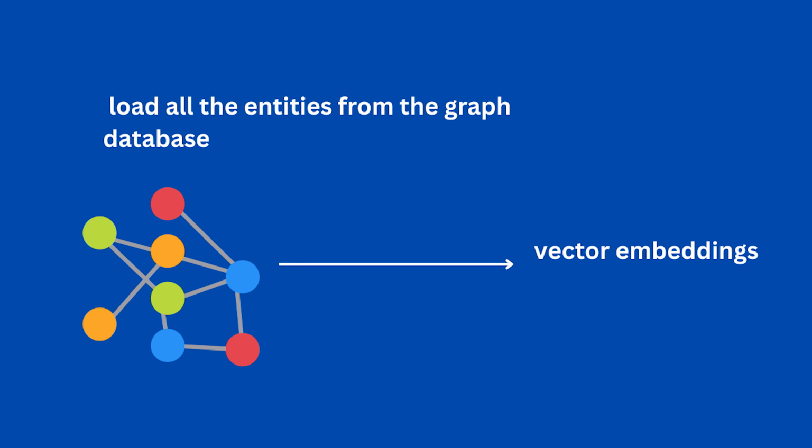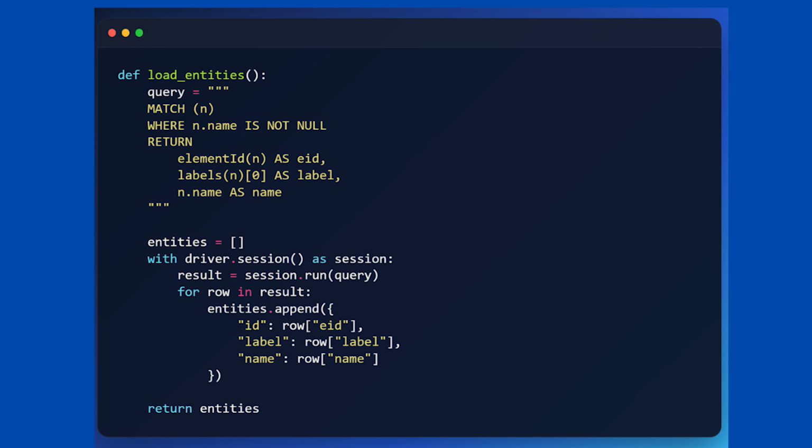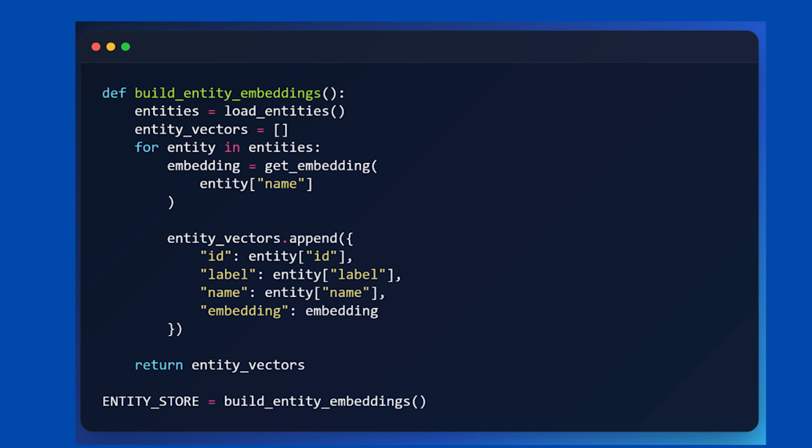Now let's start building the application. The first step is to load all the entities from the graph database and convert them into vector embeddings. To do that, I am using the load entities method to fetch all the entities from Neo4j. Once the entities are loaded, I use the build entity embeddings method to generate vector embeddings for each entity. This process creates embeddings for all the nodes and stores them in memory, which will later be used for semantic